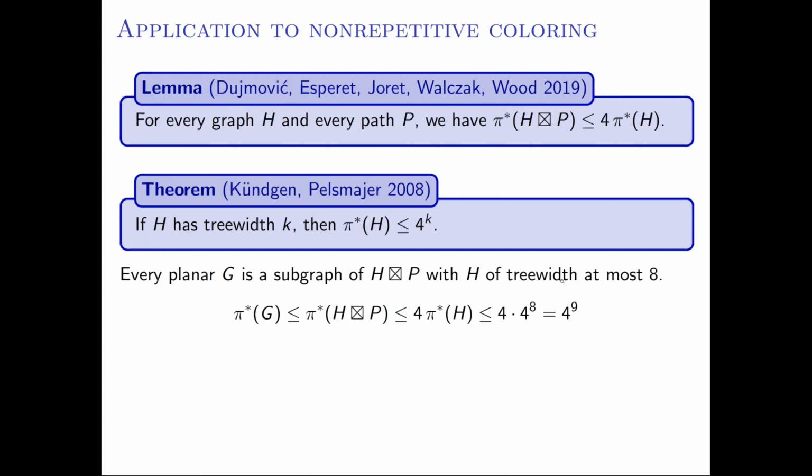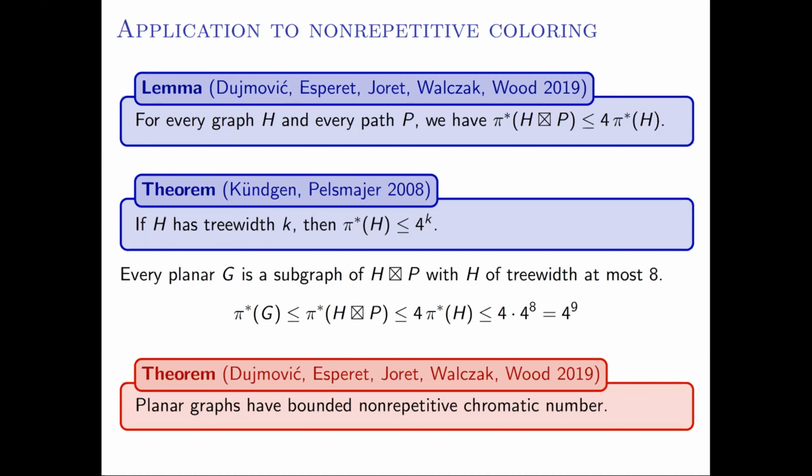It's bounded. So as David said, we can use a different structure theorem and get something a bit better than that, maybe 768. And you can push things, but not so much further for the moment. Even getting under 50 seems out of reach for the moment, but it's bounded. Okay, so this is the result. Planar graphs have bounded non-repetitive chromatic number. But this is not the end of the story.